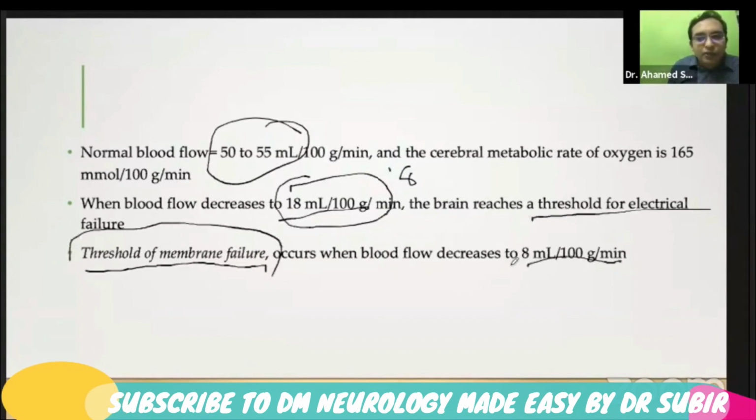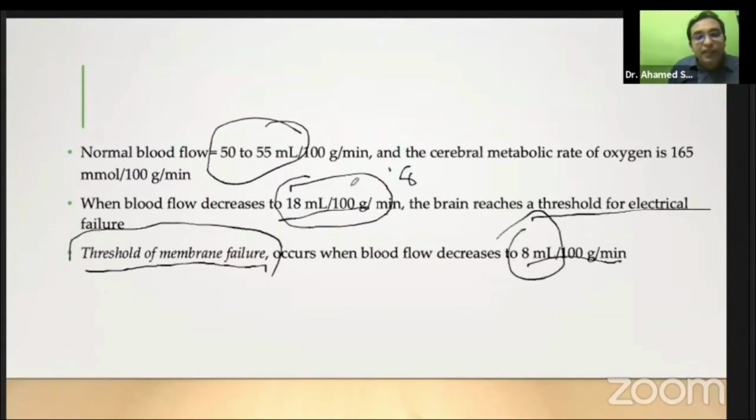So these are two numbers which we have to remember, because these are numbers which will be constantly asked, because these are numbers which we need to see, especially while trying to treat a patient with a stroke. Because we have the latest cerebral perfusion studies which look at the cerebral blood volume, cerebral perfusion pressure, etc. And these numbers are very important because of that. Clinically, the examiner who is setting the question will be prone to think that this question is important when they see the Harrison textbook or Bradley textbook. But you may think that these numbers are not necessary.